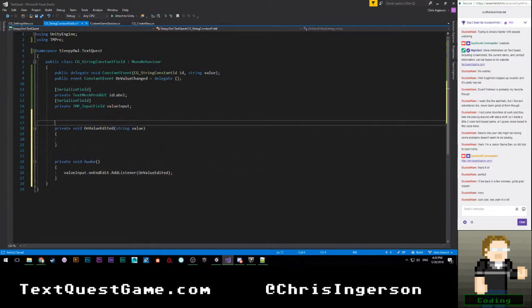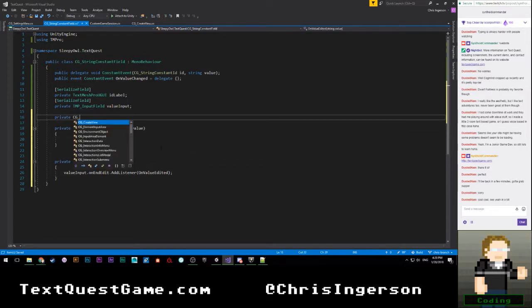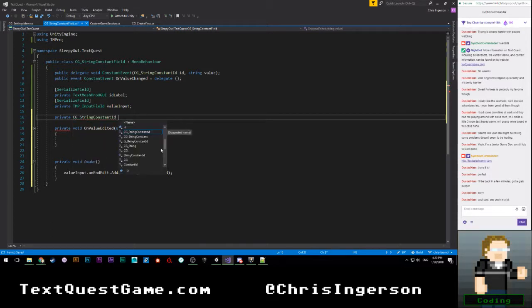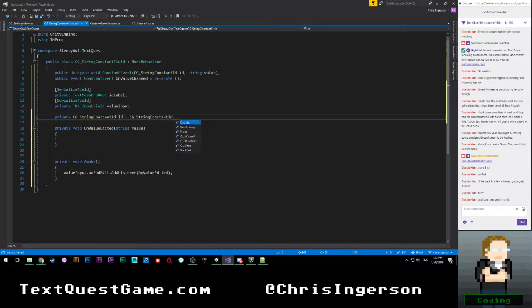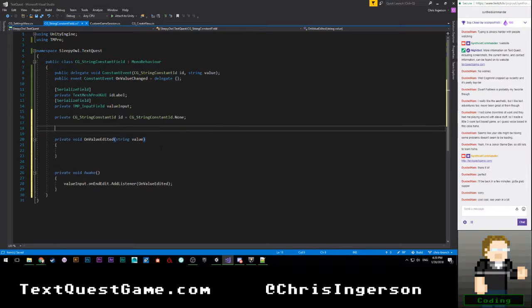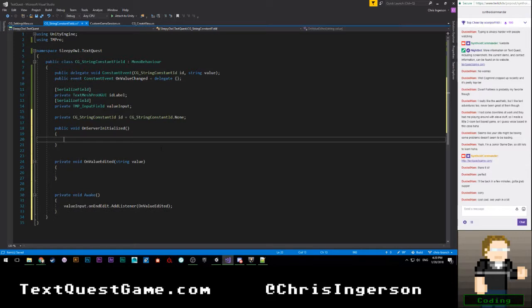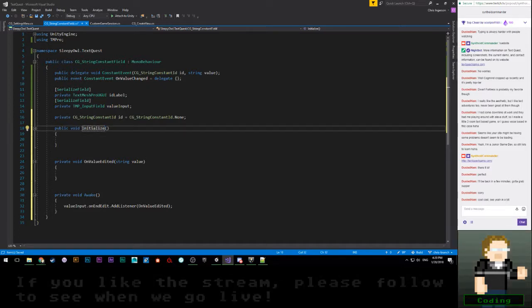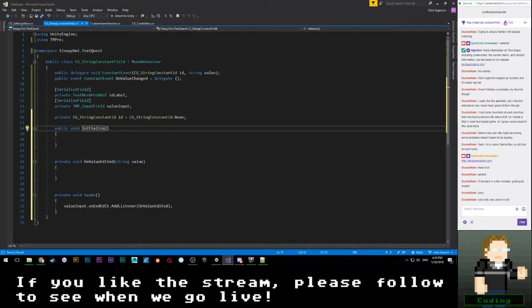This is going to do a couple of things. We're going to say private CG underscore string constant ID. I guess we'll just go ahead and say ID is equal to none by default. We'll have a public void initialize. Wow, really? Okay, it totally just hijacked what I wanted to type there. It auto-completed me to death. Okay, so this is going to take a CG underscore string constant.